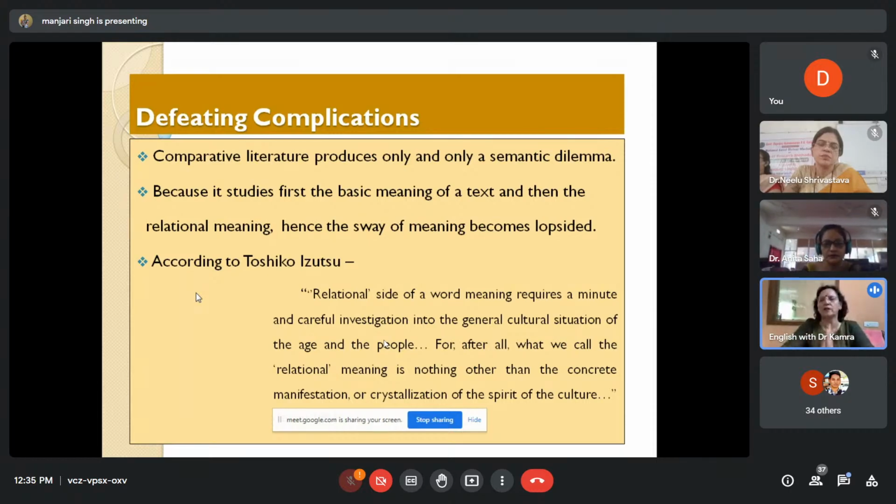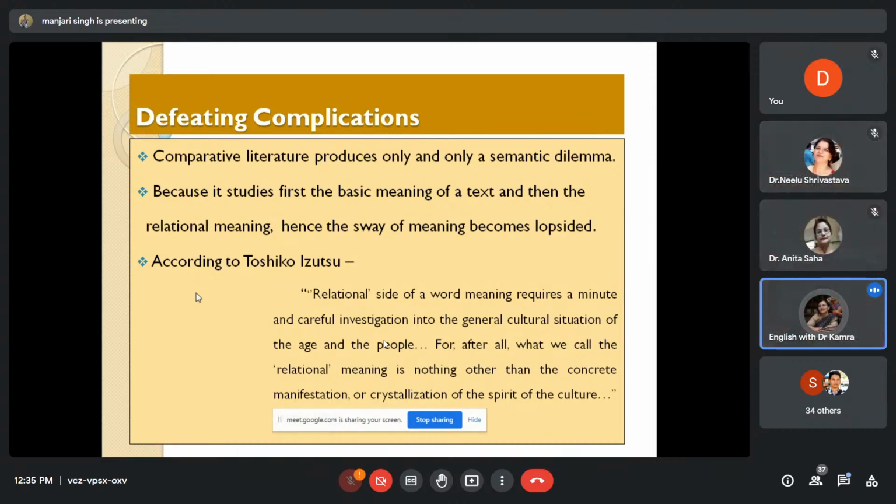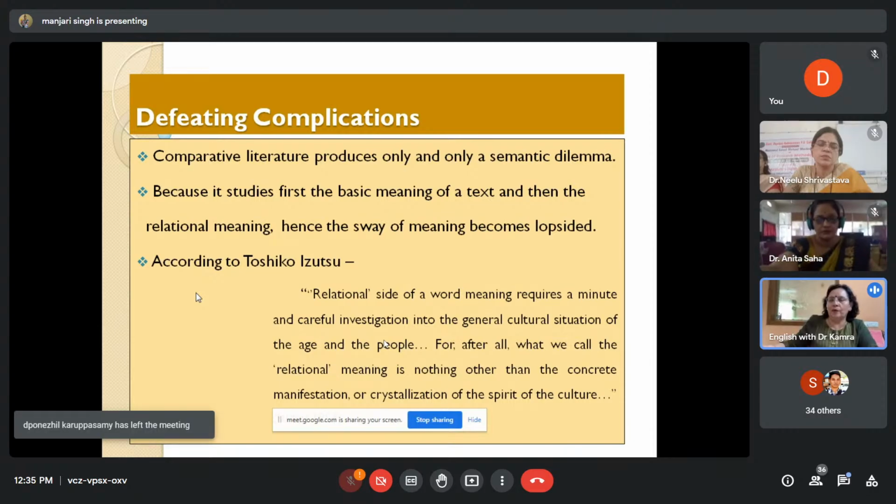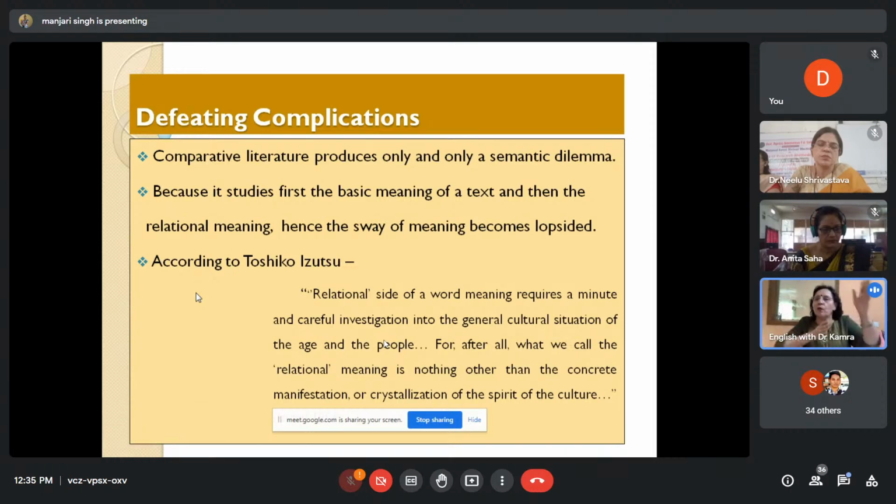For example, you read a text, as in the case of a critical study, you frame an idea, as I told you about Khan. On your first-hand reading, Kavita Khan's Menika's Choice would all be about feminism. But if you take up how she responds to a space, when her identity shifts from one locale to another, the meaning of the novel becomes different. So here, the relational meaning is equally important. Now, what is relational meaning? You have it on your screen.